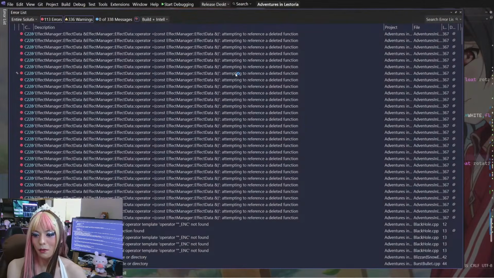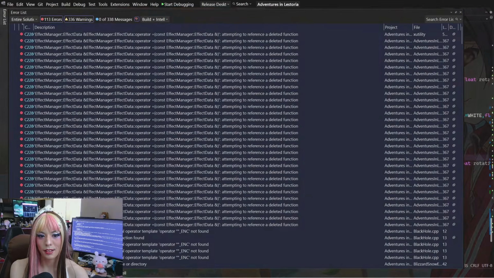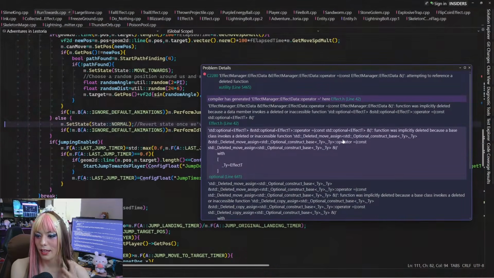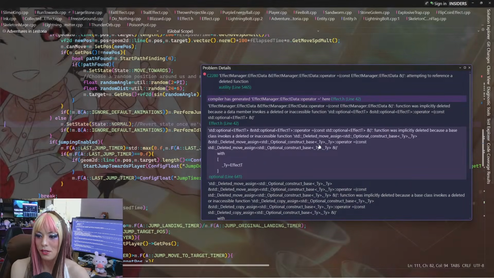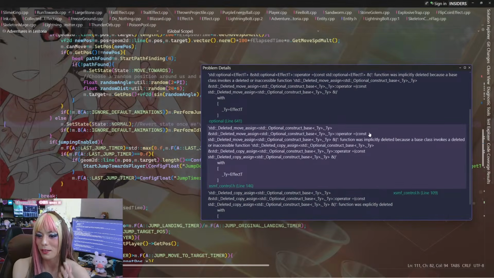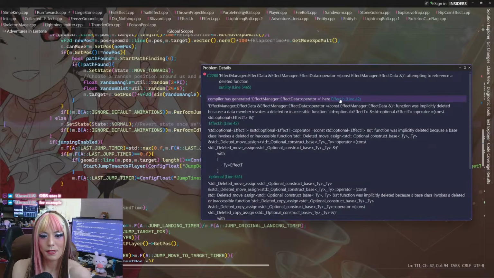CEF is Chrome, but if you want Chrome but don't want to install Chrome, you embed it into your own app. Oh, that's why it sounds familiar. It's kind of like how people put, what is it? You know how Discord has just a web interface built on the desktop app. OBS uses it. It's like that, but it's a different thing.